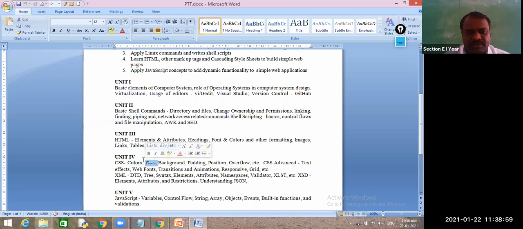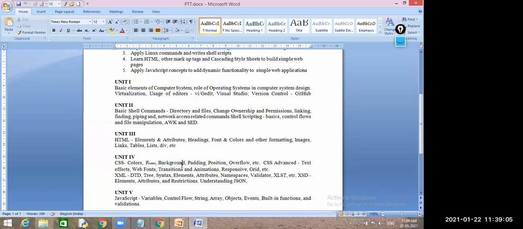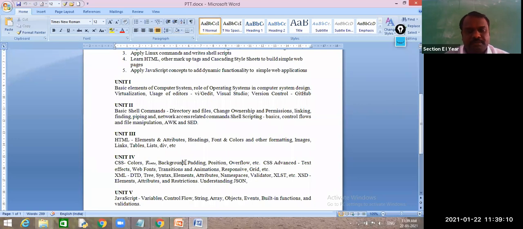And fonts we will also learn. And background, did you attach background or not? Yes, sir. Background as color, background as image. Background can stop the repetition, increase the image size, and fit into your entire web page. All these things we have learned. And padding, today's class we have learned. Yes or no?